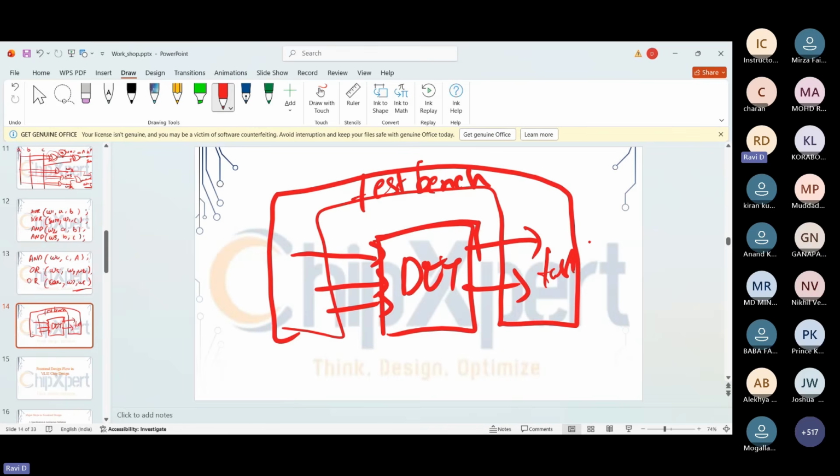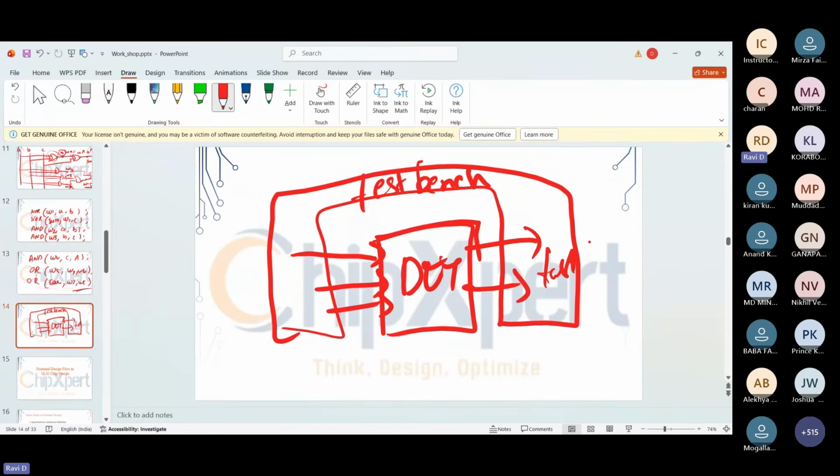Coming to SystemVerilog test benches, the complexity of designs has increased, so they modified the test benches as well. With SystemVerilog, we won't discuss the design part here. Mostly we focus on verifying our design, which means we focus on our test benches.